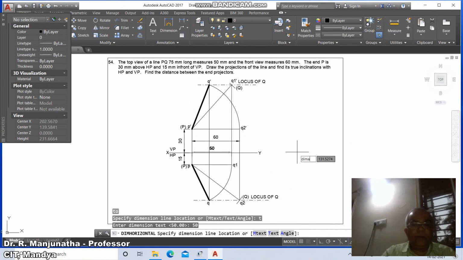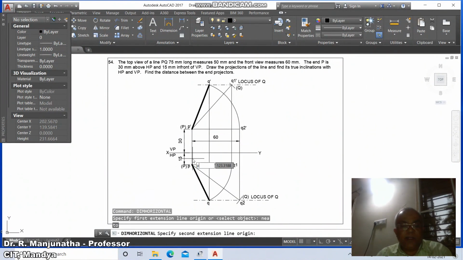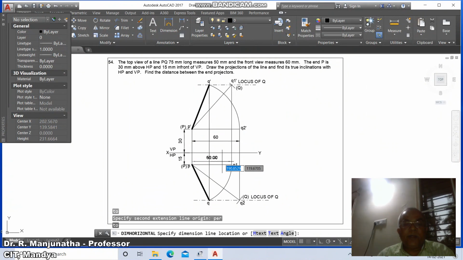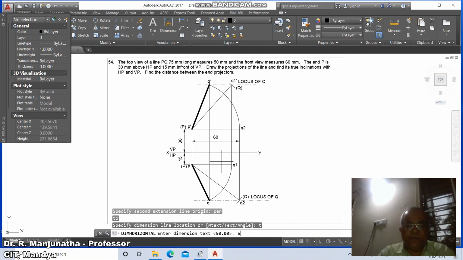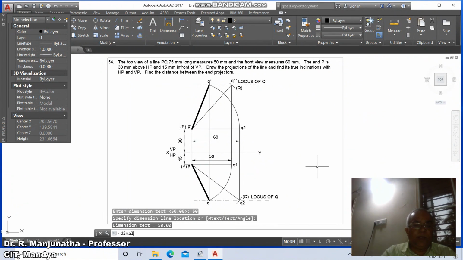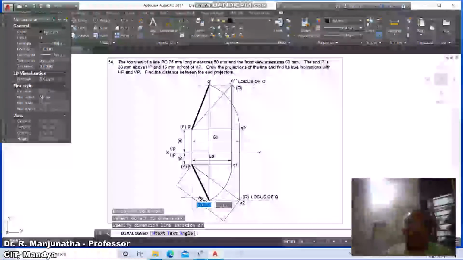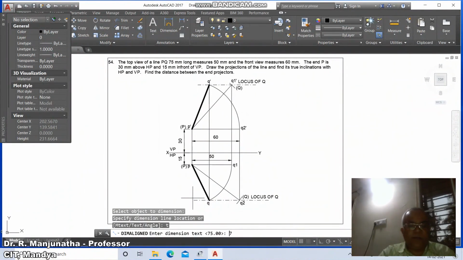Then dim horizontal, take nearest on this, take perpendicular to this, and here you take text type 50 and you place it wherever you want. Then dim aligned, select this line, so you have text type 75 and place it here within this.